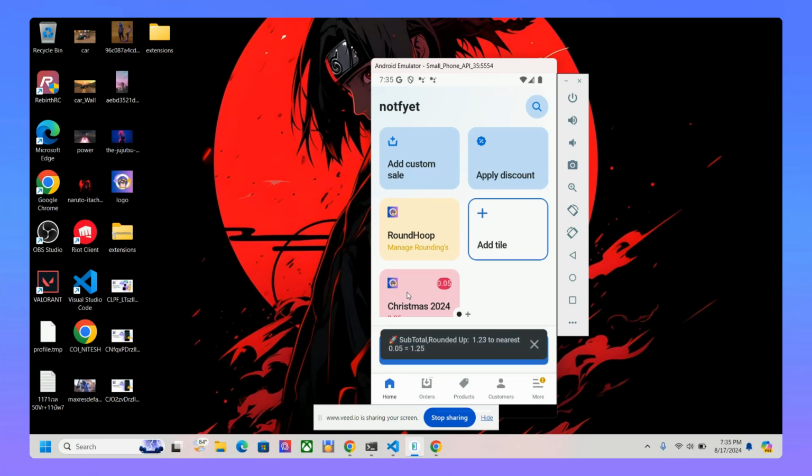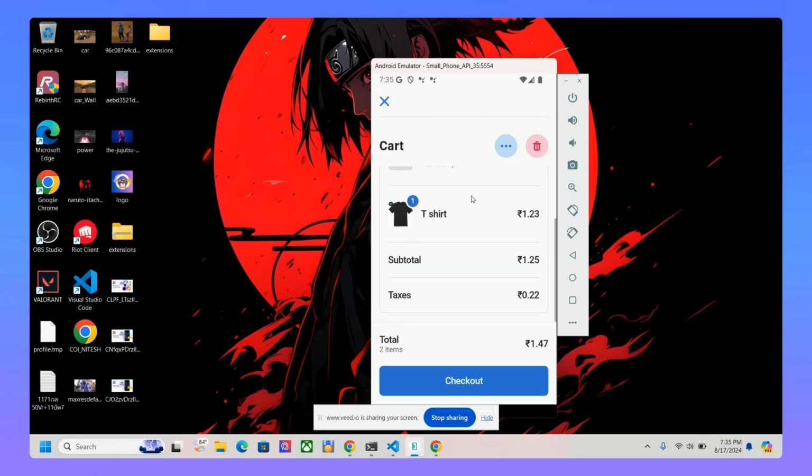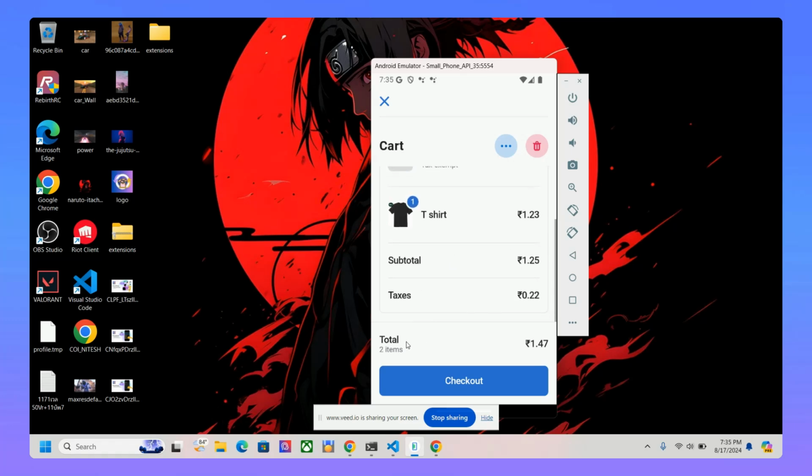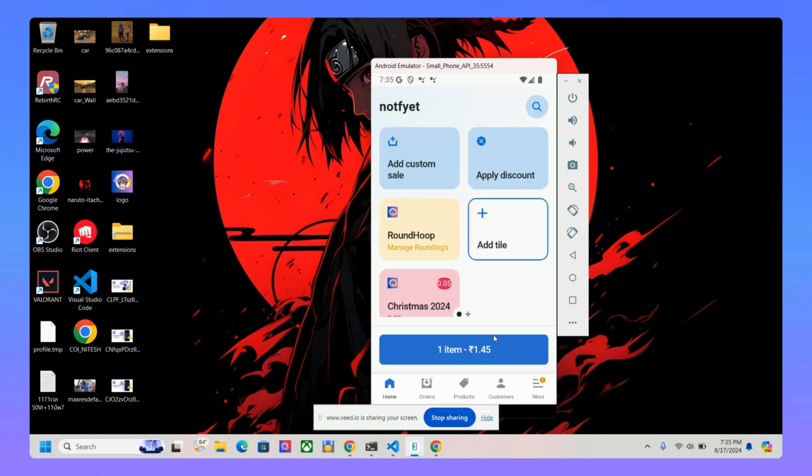And if you click on this again, it will automatically round up for you. If I can just show you, it has made my subtotal 1.25, since I've selected subtotal, so it's only rounding up my subtotal, remember that. And if I've selected grand total, it will round up this value. Okay, so what I do here is I click on cancel, I remove this,